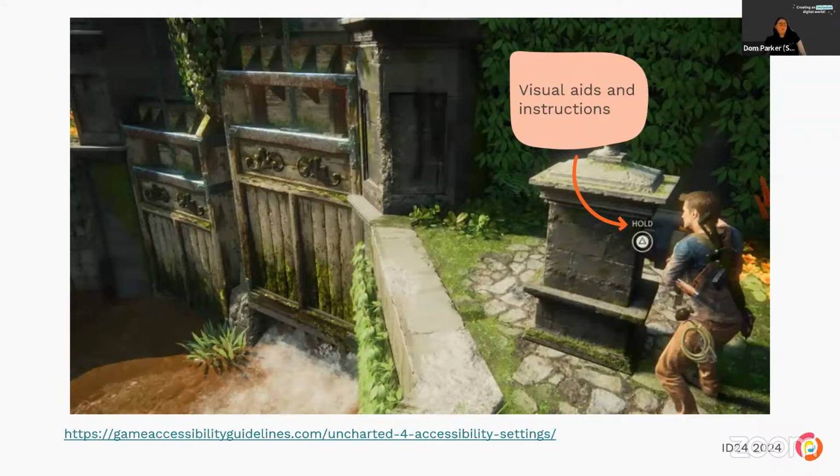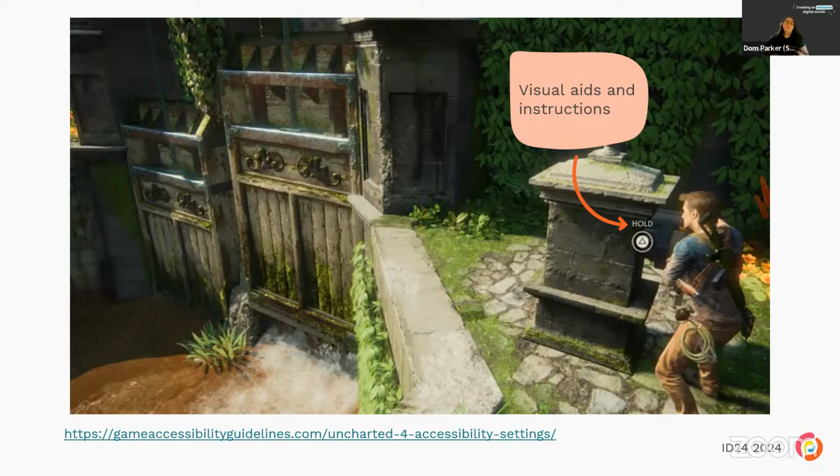Here we have an action mechanic from Uncharted 4. On the screen, we can see Nathan Drake there in the corner, and we're saying we have to hold with triangle. That's a visual aid and an instruction to help make this mechanic more balanced. Uncharted 4, as I said, all Uncharted series are all about jumping and climbing. So we have visual and audio cues to help time those things and identifying where we can climb as well in the game. We've got the combat mechanics, again, of aim assist, auto targeting, customizable controls,